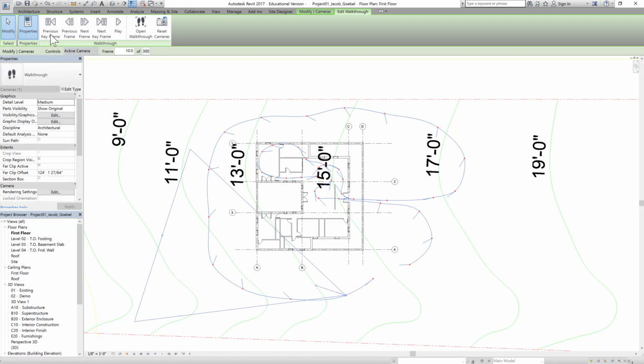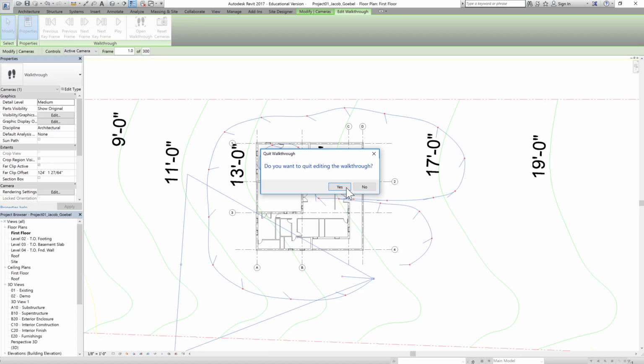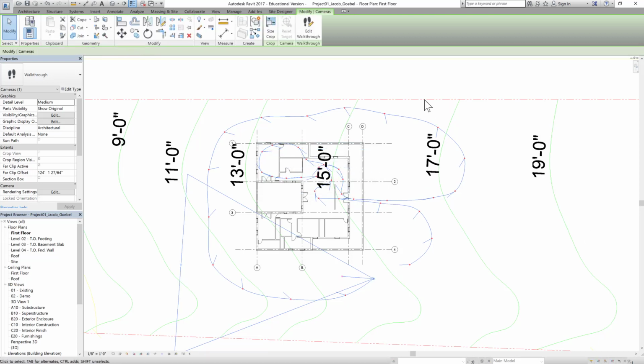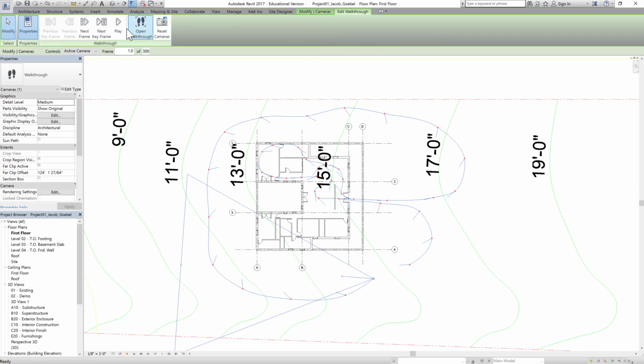You can create as many frames as you want. The only thing is your animation, the export file, will be a little bit larger and it will take some time to render it. So once that is done, we will click yes, we have edited it, and then you want to again click on edit walkthrough and you want to play its path. So play it,